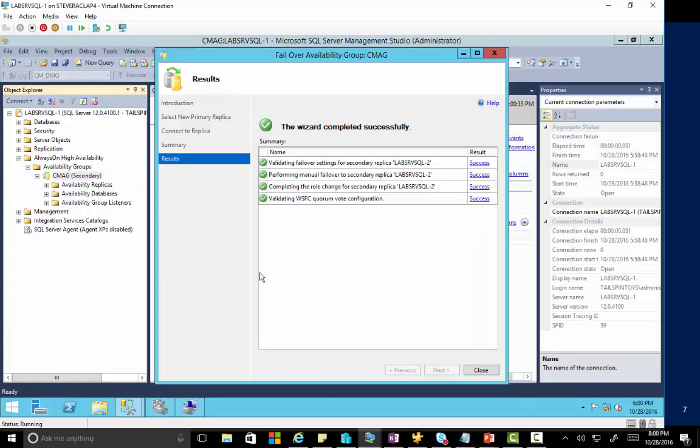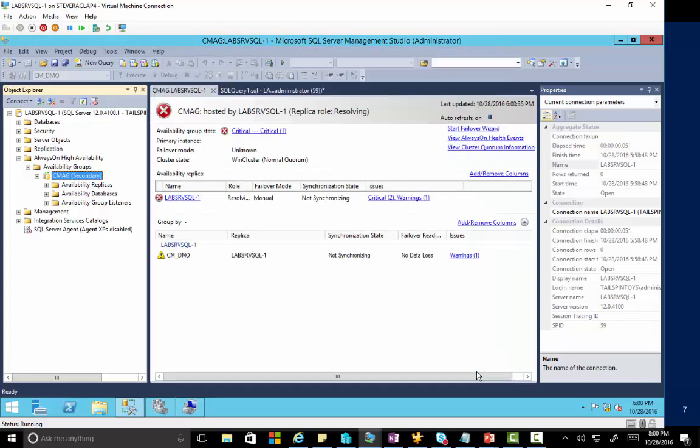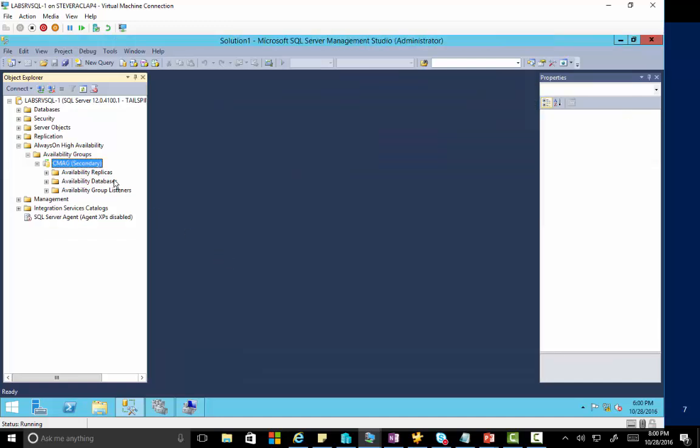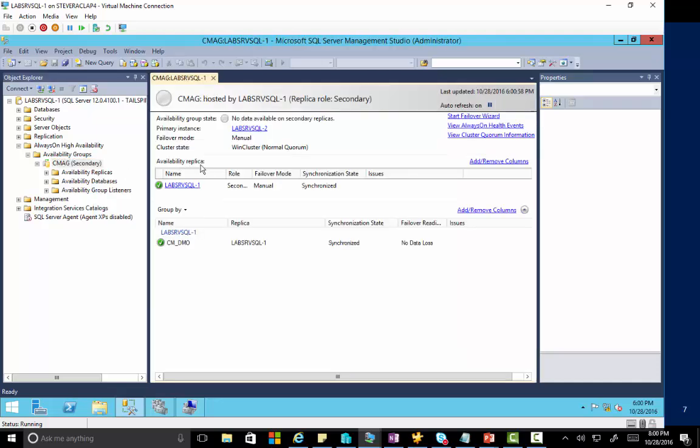It's valid now. If we go back and we look at our dashboard, which is kind of in a funky status right now because of the failover, close all this, and we go look at our dashboard. Hopefully by now, we'll see that it has failed over, and now -2 is primary. So it is. Now there's a little bit of data that's not filled in yet, but we know that -2